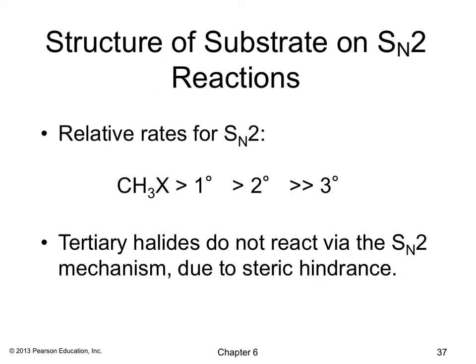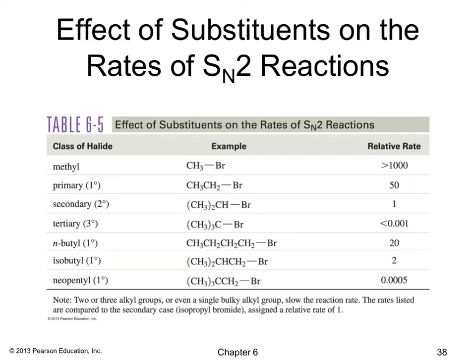So this is part 2 of chapter 6. I left off here from the last part 1, so we're going to move forward. In terms of effect of substituents on the rates of SN2 reactions, here's an example of table 6.5, in which